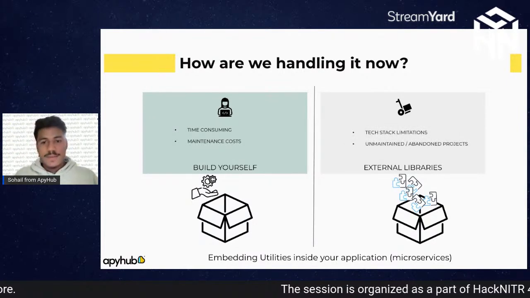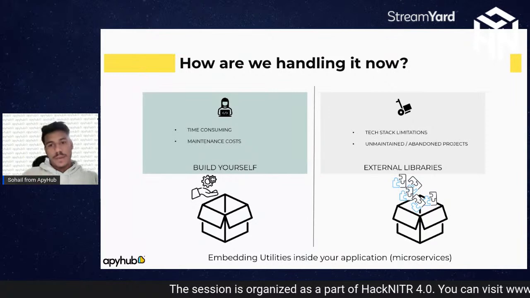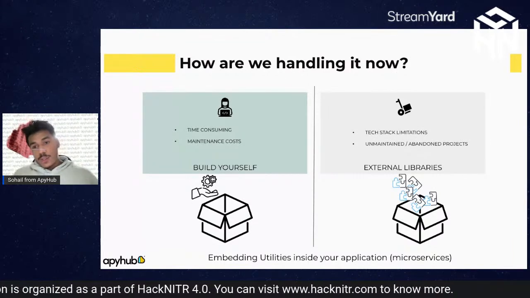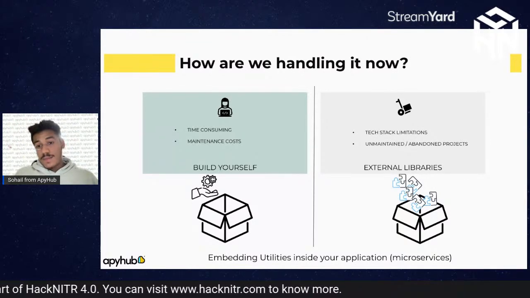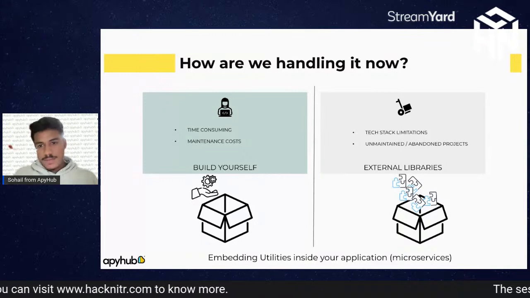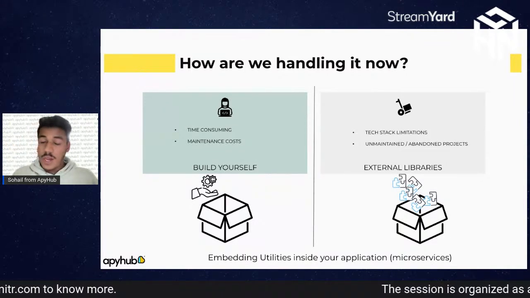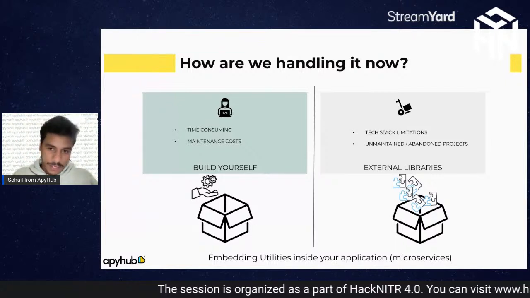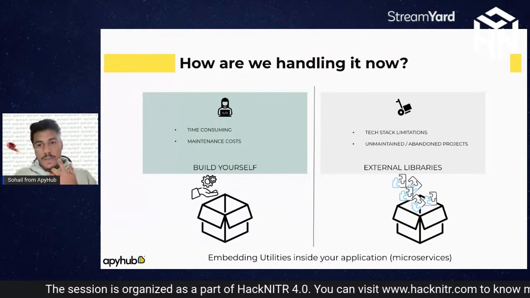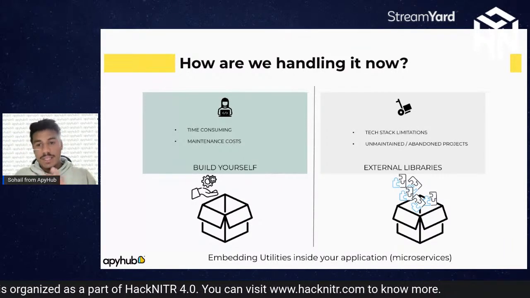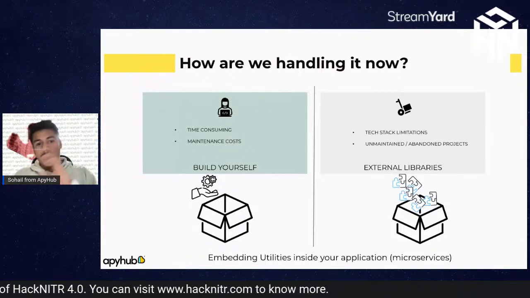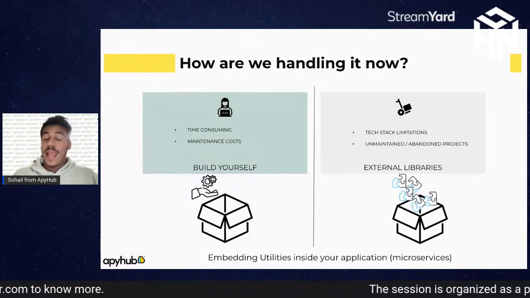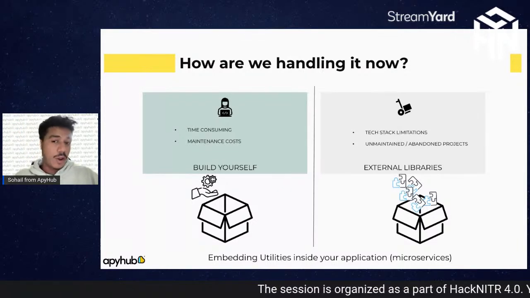You find it on GitHub maybe, or on npm.js, and you need a library for JS. That works, people have developed for JS. But what if you are developing an application in Golang? Here's another limitation, the tech stack limitation. You again have to find out whether there is an alternative or not, and if not, you will again go back to building it yourself. That's actually a huge cost, and you're putting a lot of effort and time here.